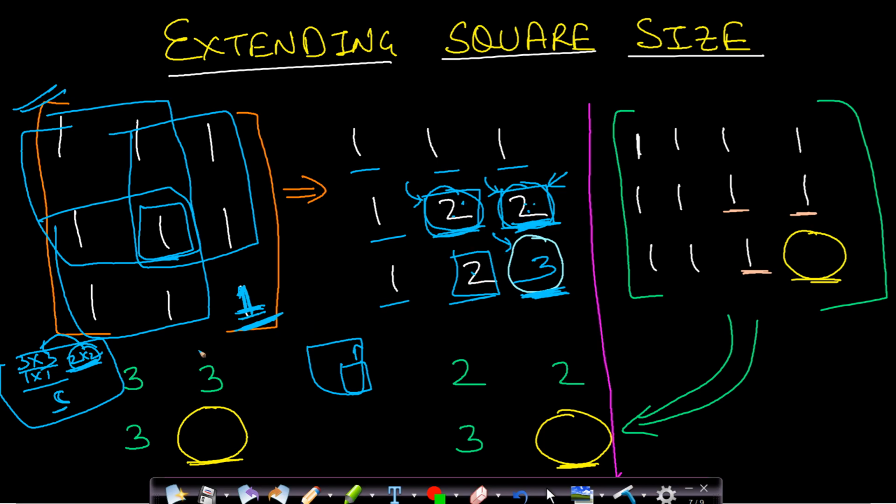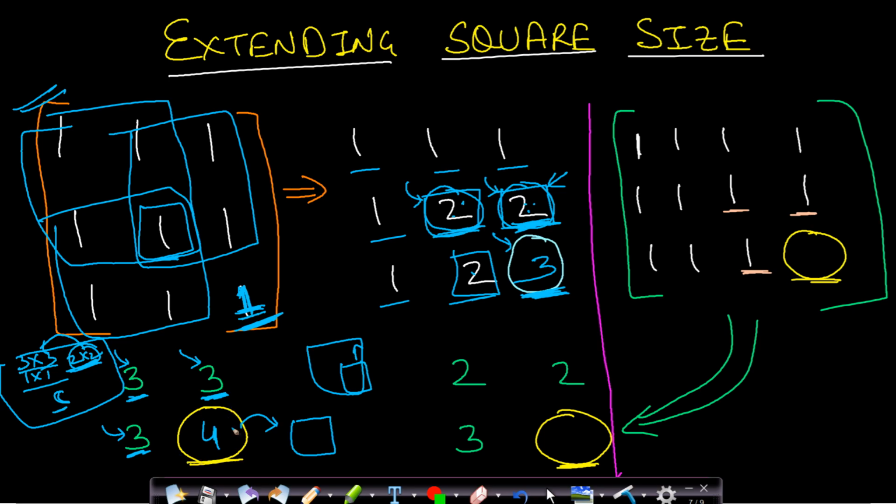Now let us see a different example. Let us say that this point is saying 3, which means this cell has 3 square submatrices ending at this point, that is, the bottom right corner is this cell. This is saying the same thing and this is saying the same thing. This is the bottom right corner for 3 square submatrices having all ones, and this is the same with a different cell. Now if we add a 1 at its corresponding point in the matrix, then we will be extending the 3 by 3 matrices into a 4 by 4 matrix. Therefore we will add 1 to it and it will be equal to 4.